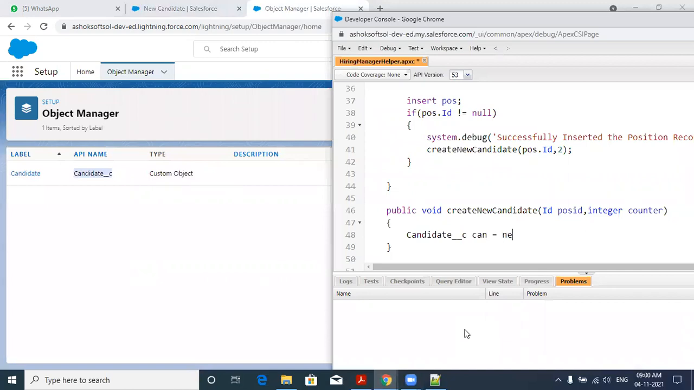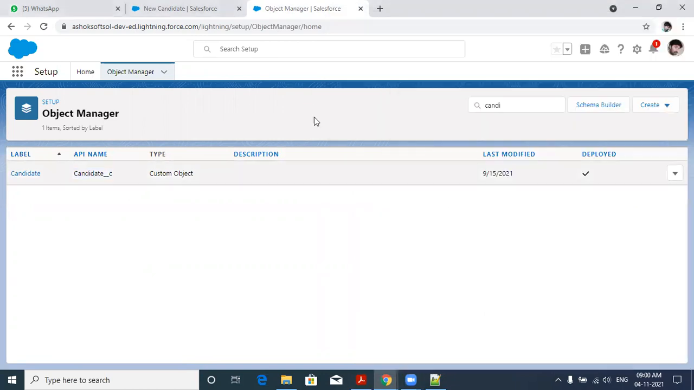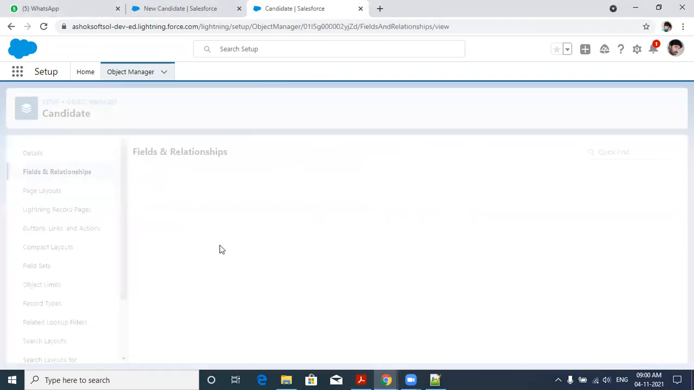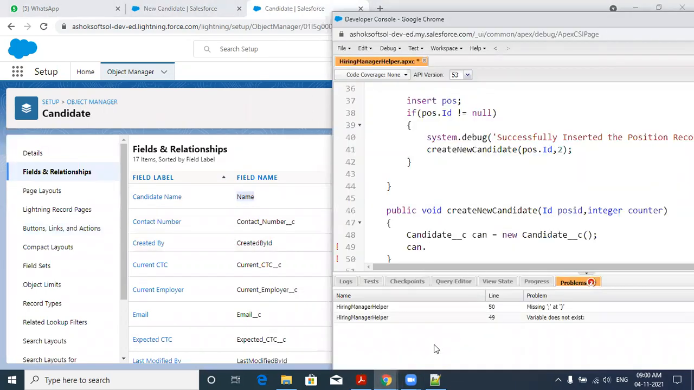CAN equal to new Candidate. Use the object name, CAN dot. It is not populated here. Now I want to move to the candidate build some relationship. Candidate name. Control C and Control V. Candidate name equal to